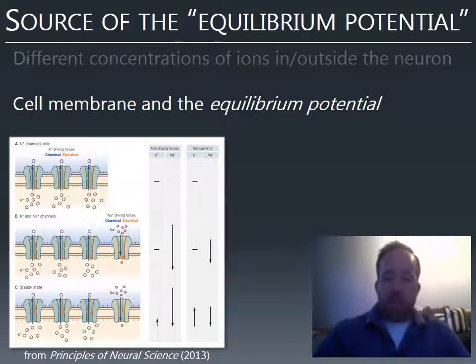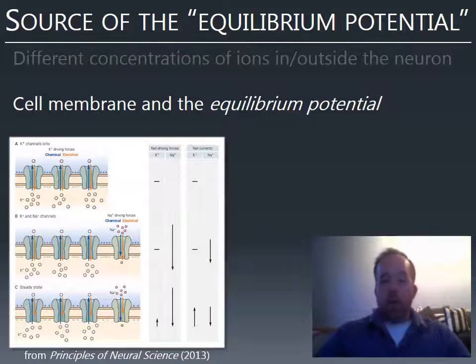So a couple of the ions that will be important today are sodium and potassium. Now, these are both positive ions. They both have a positive charge. So that means they're going to repel one another. Sodium doesn't want to be where potassium is, and potassium doesn't want to be where sodium is. But at the same time, the neuron has molecular machinery in place that keeps a lot of sodium outside the neuron and a lot of potassium inside it. So what does that mean if you're a sodium ion? Well, it means that because there's so much sodium outside and almost none inside, you really want to be inside that neuron.